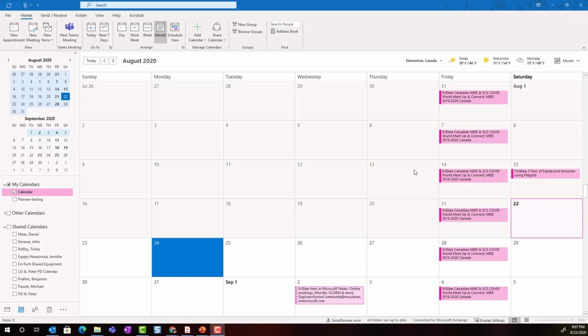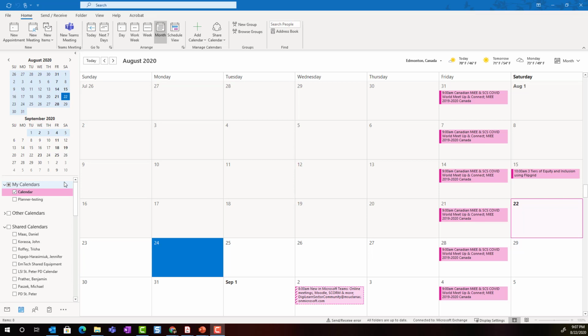Hi everyone, let's take a closer look at scheduling meetings inside our Outlook calendar. So I've gone ahead and opened the installed version of Outlook on my Windows 10 device, and I went right to my calendar. So again, if you're not sure how to access your calendar, you're just looking at the far left panel, you're probably in your email view, and you just simply click on the little calendar icon at the